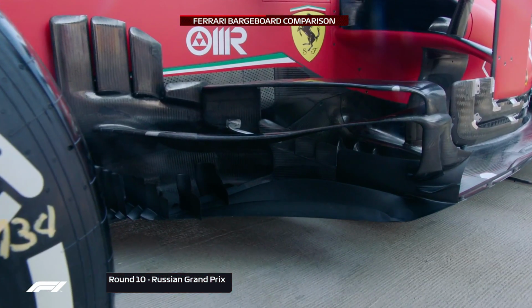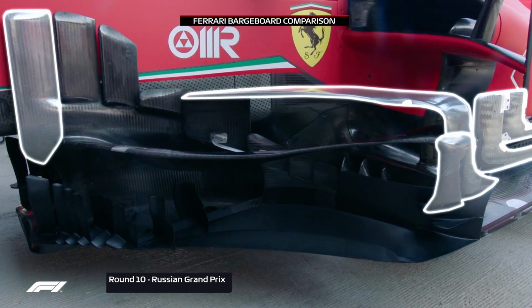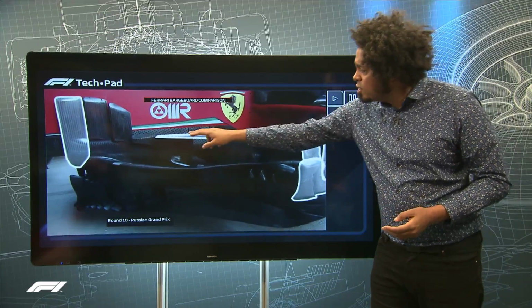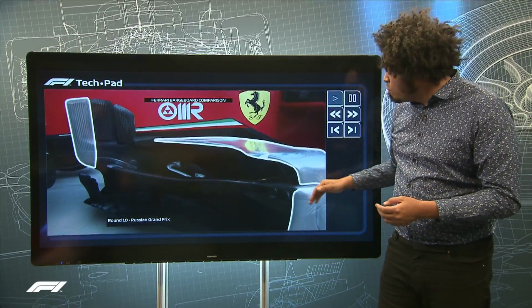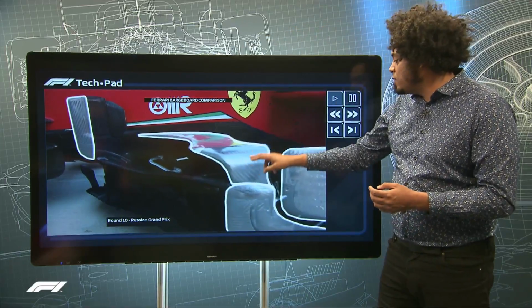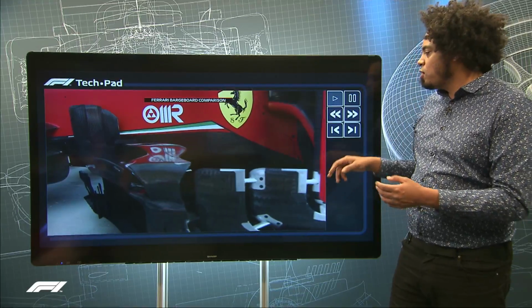But they haven't just stopped there. The barge board itself has come along apace. This is the version they brought to the Russian Grand Prix. Just for comparison purposes, you can see this big long upper section. You can see this section here, which isn't highlighted, but there's certain chord and curve on that. And then moving back, you can see the highlighted section right at the front there. And then you can see these sort of inverted L shapes, or backwards L shapes, along the side of the